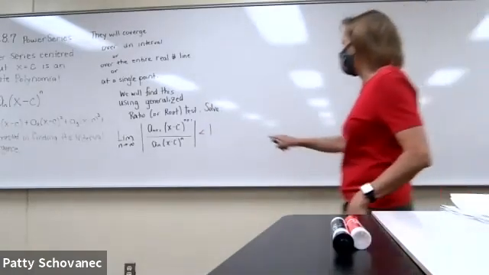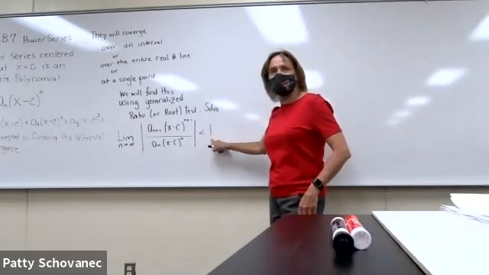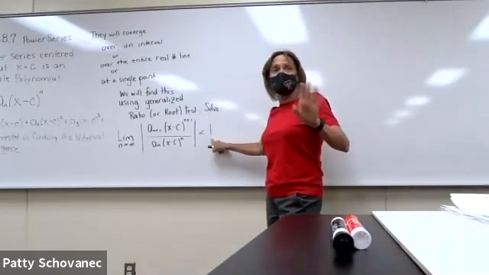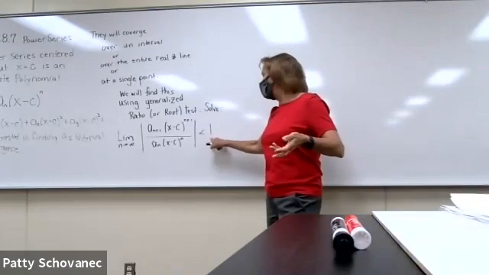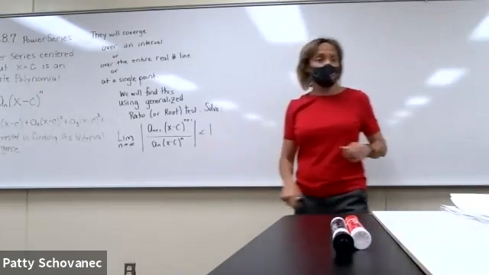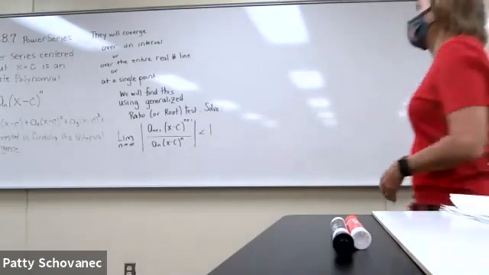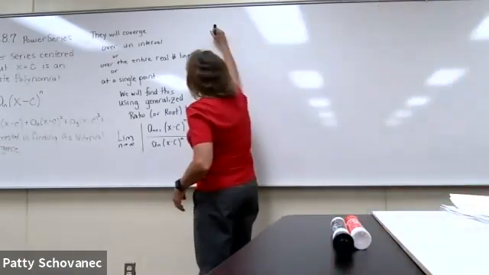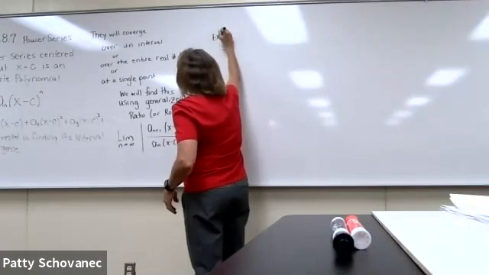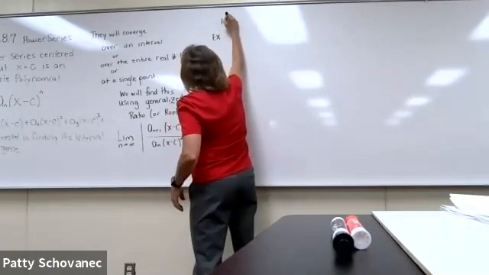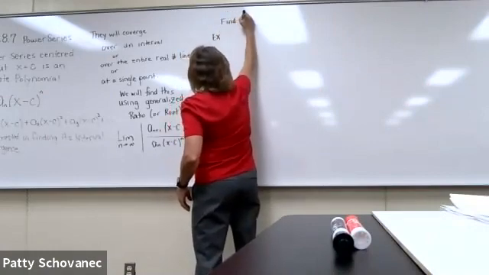Because we know if the series has a limit smaller than 1, it converges. If the limit's bigger than 1, it diverges. If it's equal to 1, it's inconclusive. But we want to know where it converges. So here's kind of a short one. We're going to find the interval of convergence